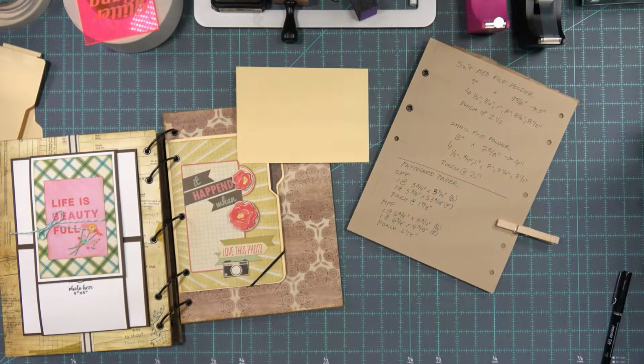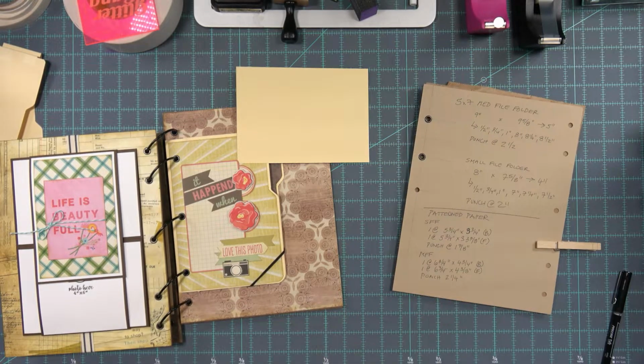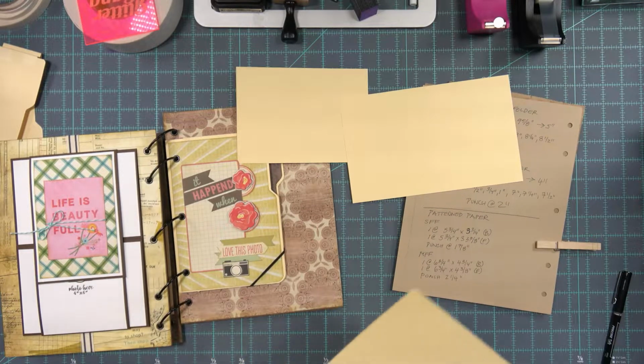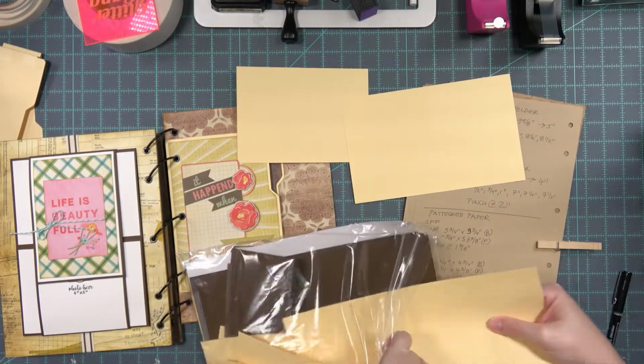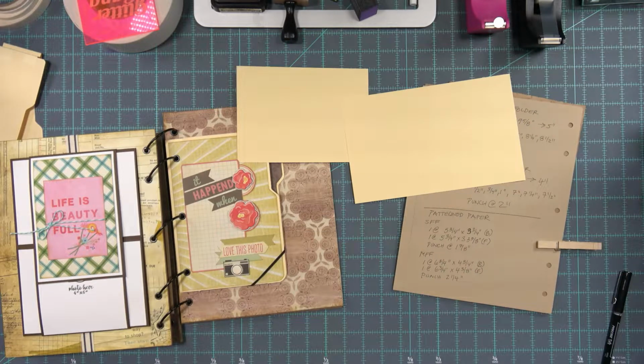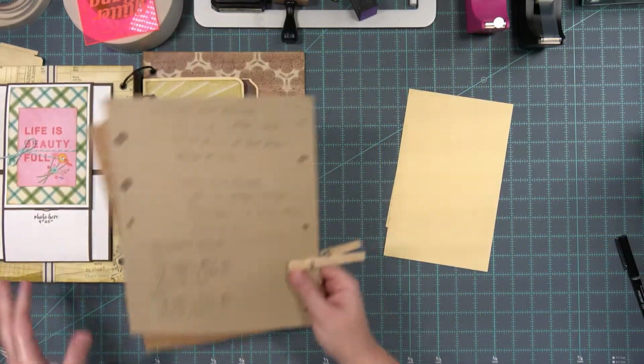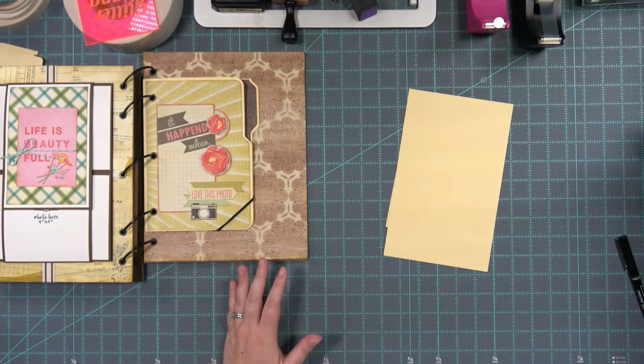And now I need to cut a piece that is 9 by 5 5/8. So I'm going to cut it to 5 5/8 first, and then cut it to 9. And then those are my 2 pieces. Then just going to stick these back here. All right, so now that we've got that done, I'm going to go ahead and